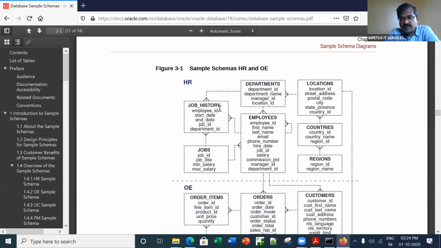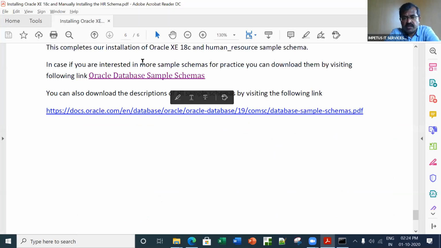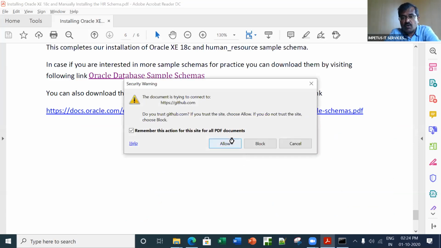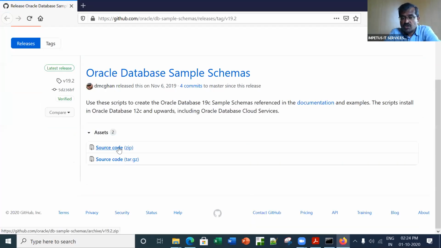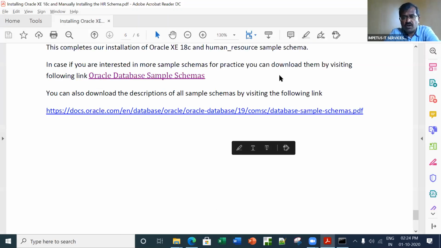And this is the schema. We have these tables which are related to each other, where the employees table and Crowfoot notations have been used. I hope you can read these particular notations that have been given. You can explore it. Other sample schemas can be downloaded from this particular location. It's a GitHub location from where you can download other schemas as well. If you download this file, you'll get almost all the schemas. It's a 27 MB file, and you will get the implementation of all the schemas.